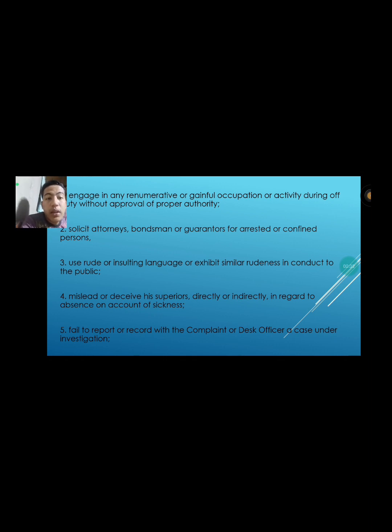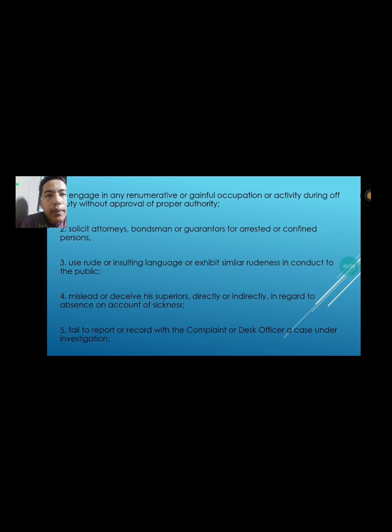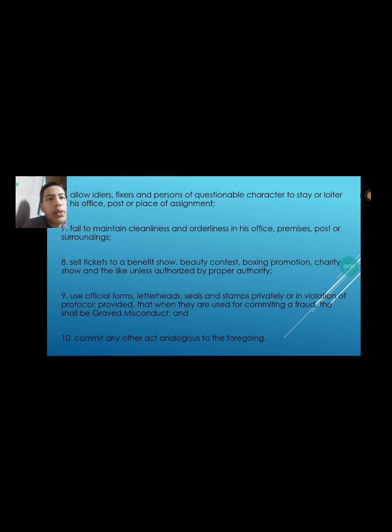So number 5 is fail to report or record with the complaint or desk officer a case under investigation. So kailangan mo mag-report o mag-record dun sa complaint or desk officer kung meron kayong case na under investigation pa. So number 6, allow idlers, fixers, and persons of questionable character to stay or loiter in his office, post, or place of assignment. So, kagaya ng mga fixers, dapat hindi nyo pinapabayaan na may mga fixer, kasi bawal din yun, pinagbabawal ng batas